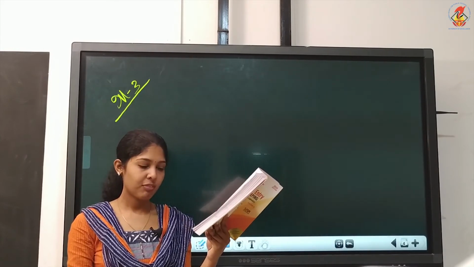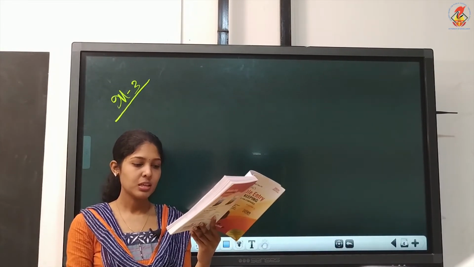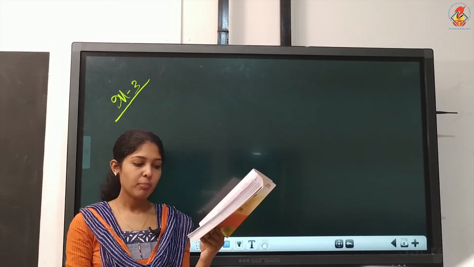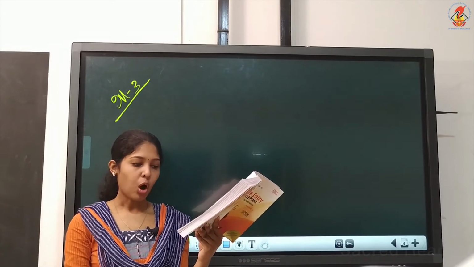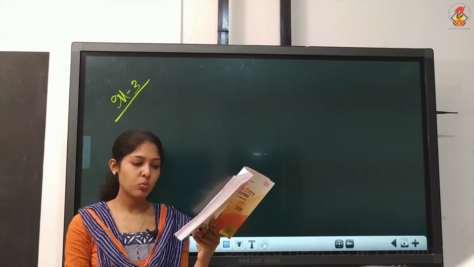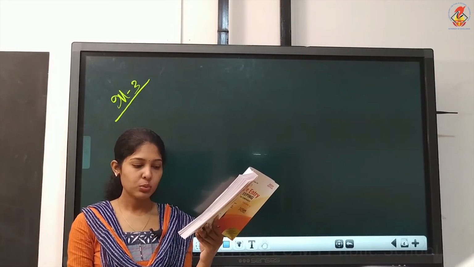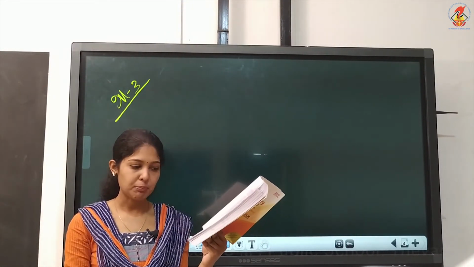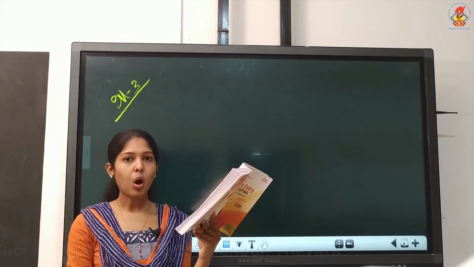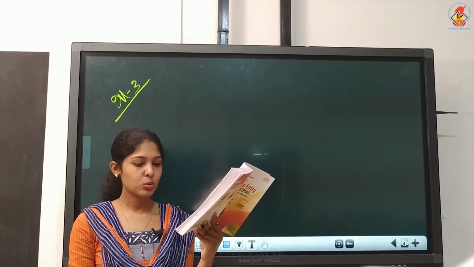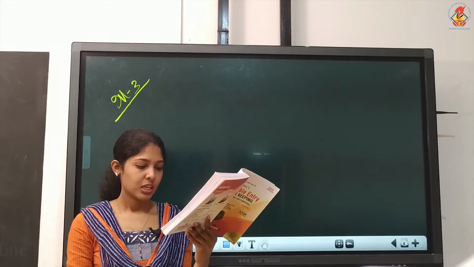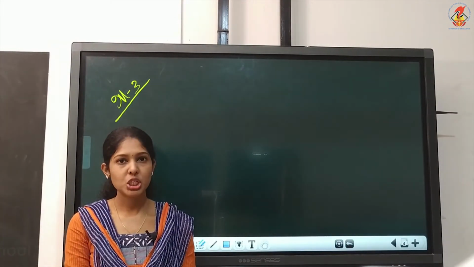You have to read each and every word actually. Now I am just going through the question, but when you do it, you have to read each and every word of the question. Entire nominal value or face value of equity shares and rupees 80 on preference shares. See the face value. Equity share face value is 10 and the entire face value the company called. For preference shares the face value is 100 but the company called only rupees 80. Did you see that last sentence? And the amount called was received. Understood? Show share capital in the balance sheet of the company.